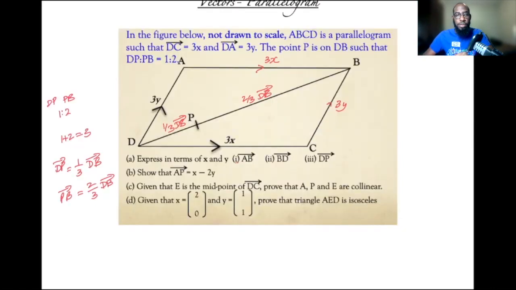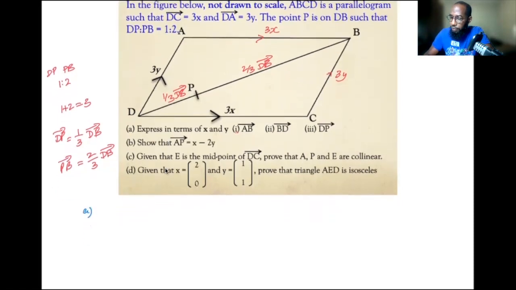Okay, so we're going to look at part E. Part E tells us, express in terms of x and y, AB, BD, and DP. When they say express in terms of x and y, it simply means your answer will include x and y. So part E,